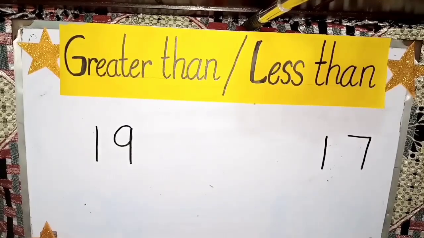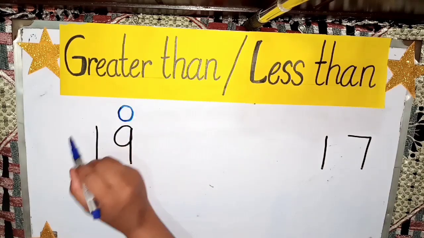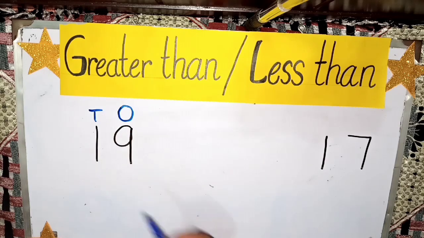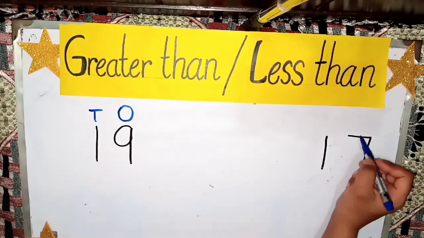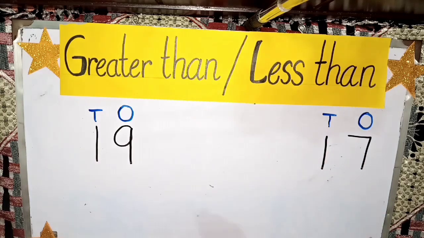Okay children, there is another example in which we are having two-digit numbers but both the numbers are having the same number of tens. Look at the tens. This number 19 is having 9 ones and 1 ten. This number 17 is having 7 ones and 1 ten. Both of them are having the same number of tens. So what will you do? You will